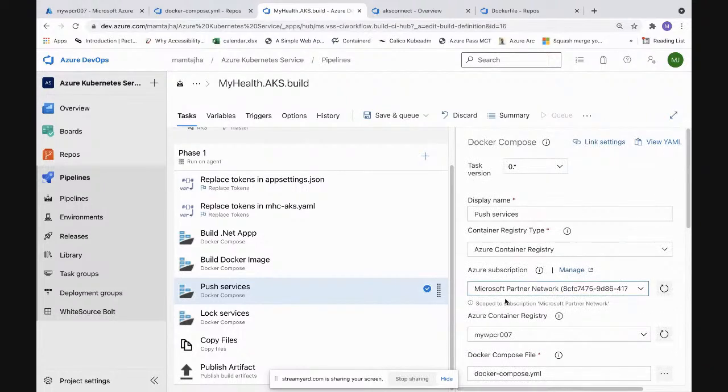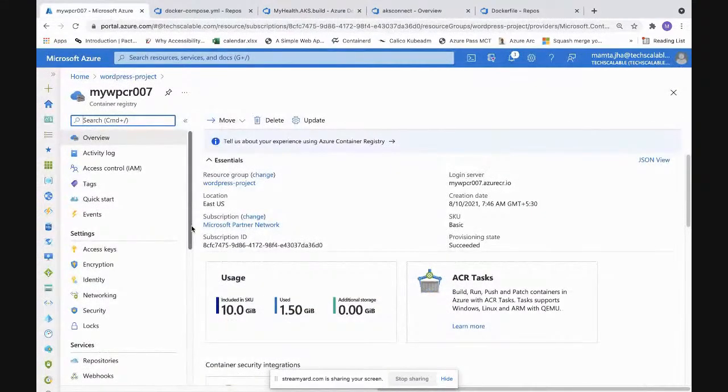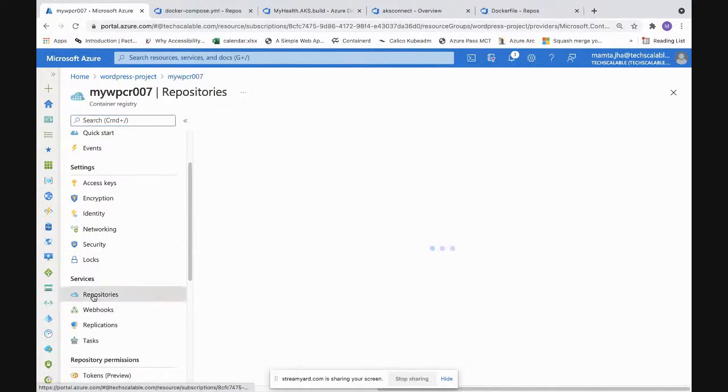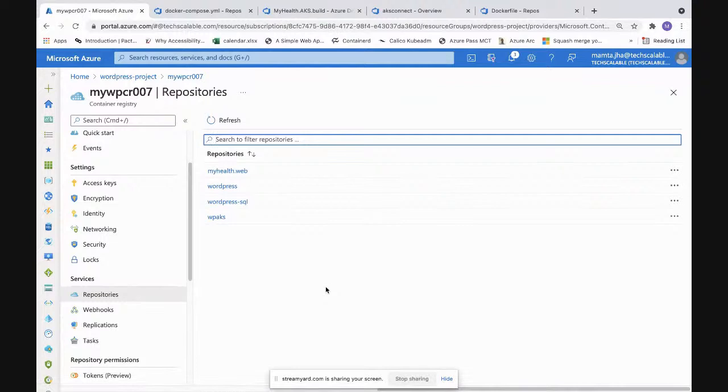Container registry details are also specified over here. Because I have executed this pipeline before, you can find here that in this container registry, I have repositories. And in this repo, I have my health repo. I have other applications which I have pushed in the past. And this is the application which we are talking about.